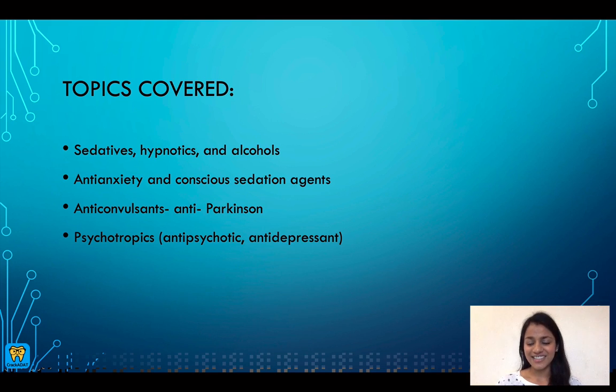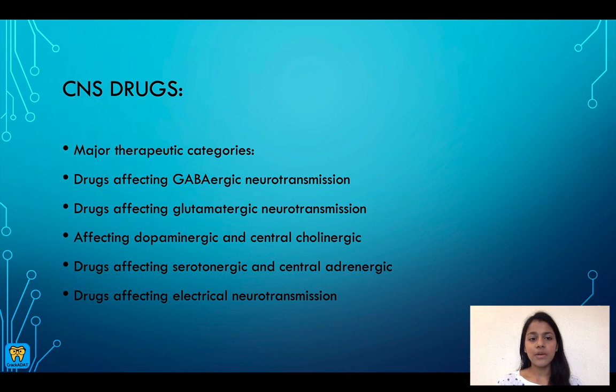So let's get started. Before we jump in, I just want to give an overview as to what the major CNS drugs target. They usually target the GABAergic neurotransmission, or they can affect the glutamatergic neurotransmission, or they can affect dopamine or central cholinergic. They can affect serotonin or central adrenergic receptors, or they can affect electrical neurotransmission. So these are some